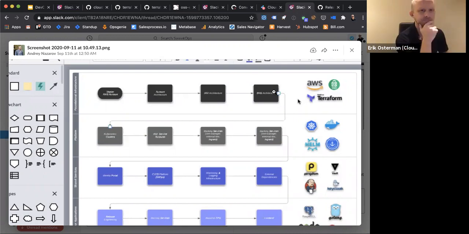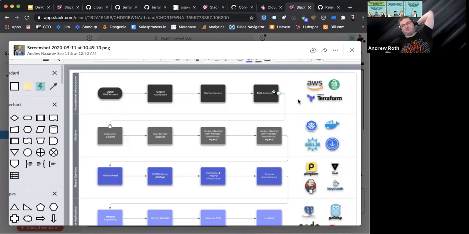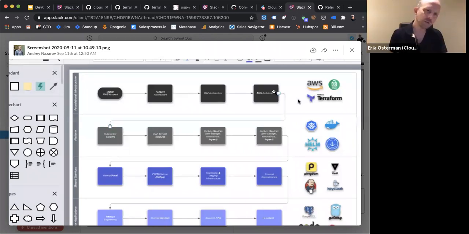You guys have to cut out of automation and go manual when you register domains, right? I don't believe you can do that in Terraform. We have not automated domain registration. I don't know, there might be a resource type for it, but we haven't looked into doing that one.